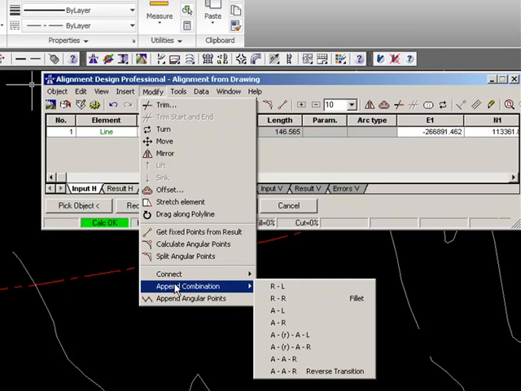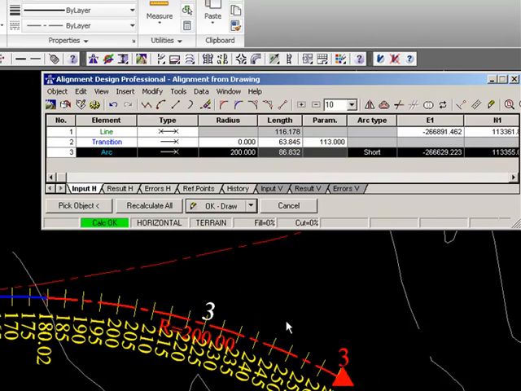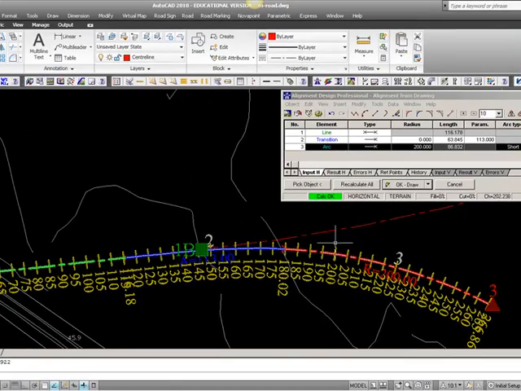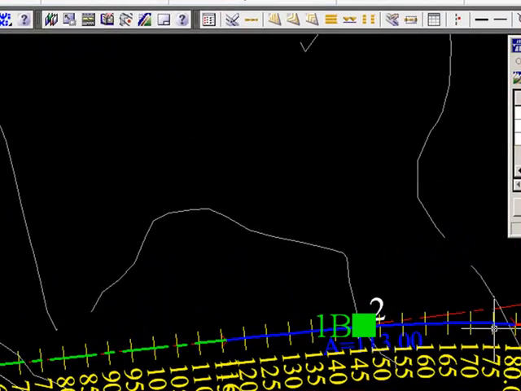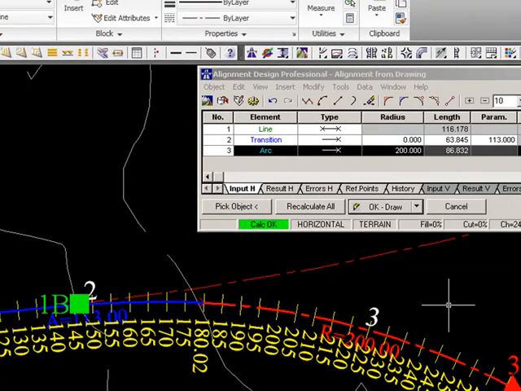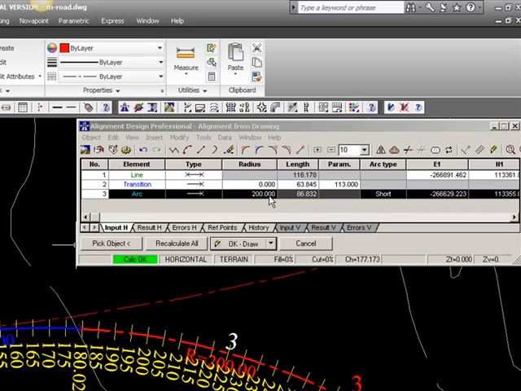What I need now is a transition curve and then a radius, so I will choose AR. A is for transition, R for radius, and it will insert the two wanted elements. You can see the transition curve, it's blue, and the radius is red. The radius inserted is 200. I will just go and change it to 800,